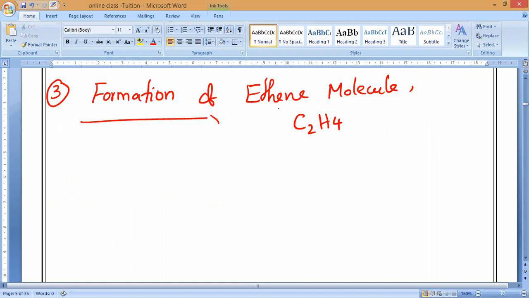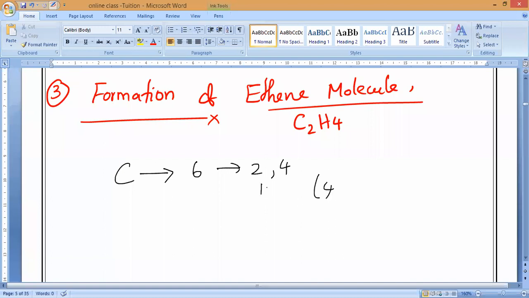So now let us see this one. All of you please respond, how will it be possible? Carbon, what is the value? 6, 2,4. So 4 more electrons. Why should I say everything? Are you guys or kids? Carbon needs 4 electrons to become stable.